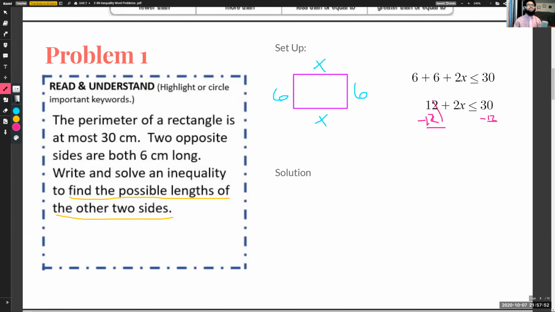12 minus 12 goes to 0. And what I'm left with here is this 2x is less than or equal to 30 minus 12, which is going to be an 18. And now I have this 2x less than or equal to 18. Now you guys are great with the song. You guys have that down pat. So you know to divide by 2 here. And what I have is going to be this x is less than or equal to 18 divided by 2